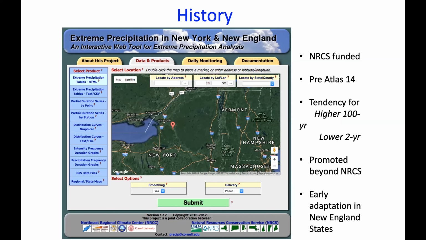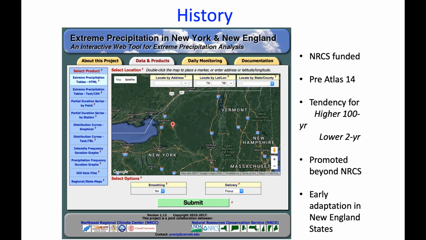Our work also went into looking at how we can update these statistics with more recent data. At the time, most places in New York and New England were still operating on NOAA TP40, which had data that was over 50 years old. So we did the updates for the USDA NRCS. They do a lot of work with runoff from farms and dams and things like that, where they do the same type of hydrologic modeling. And we like to think this was the thing that precipitated NOAA into updating their Atlas 14